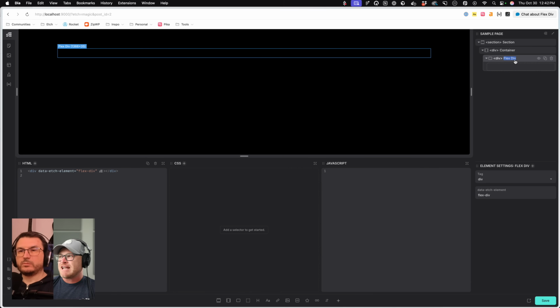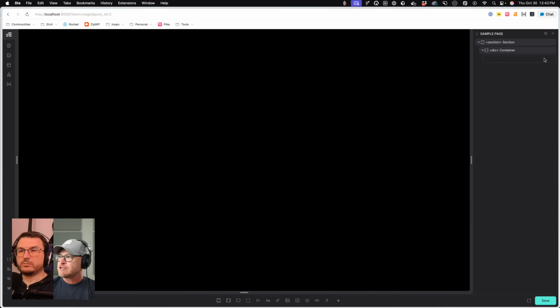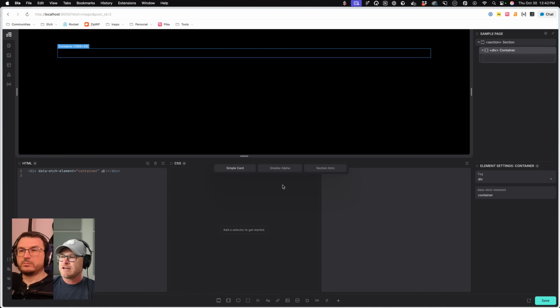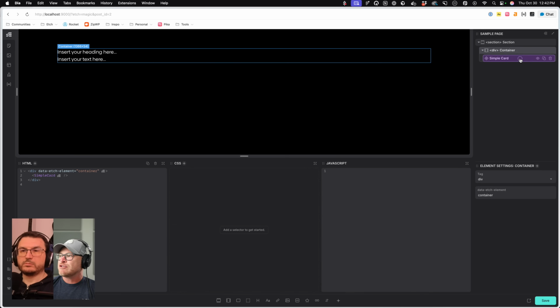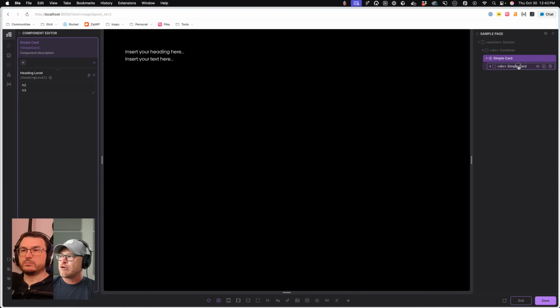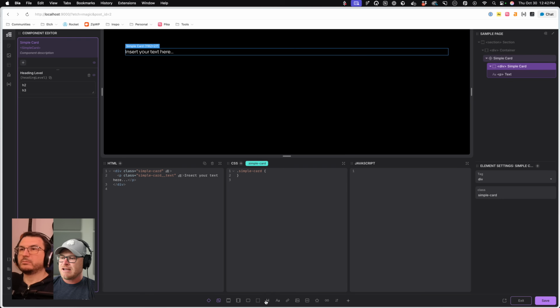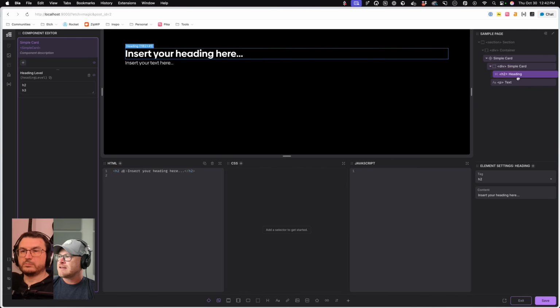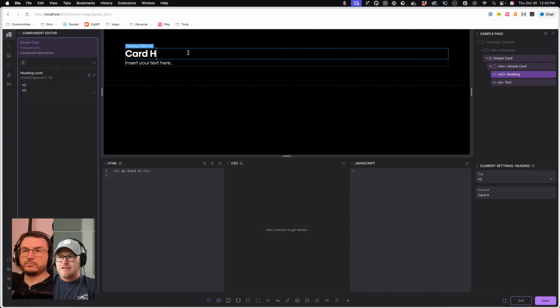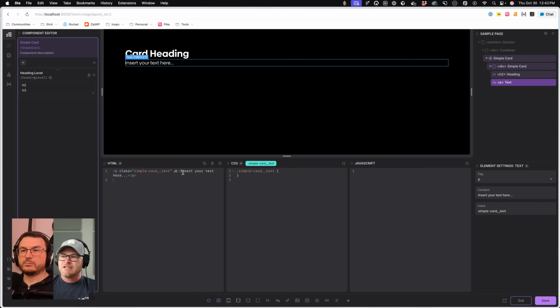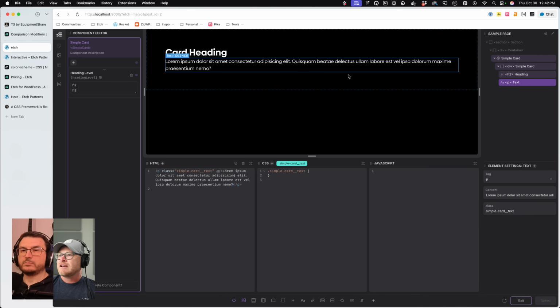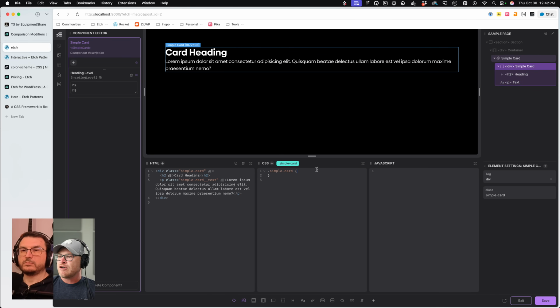If it's a component, I'll probably use our card component that we created a little bit ago. Our simple little card here, which I pretty much broke by doing all of the element stuff in here. Let's get rid of that and just put a normal heading in. Okay, card heading. And then this will just pop in some lorem real quick. So lorem 20. Okay, save and simple card.